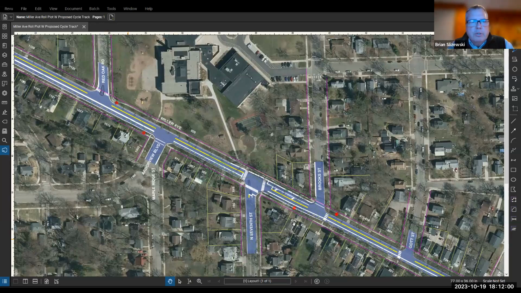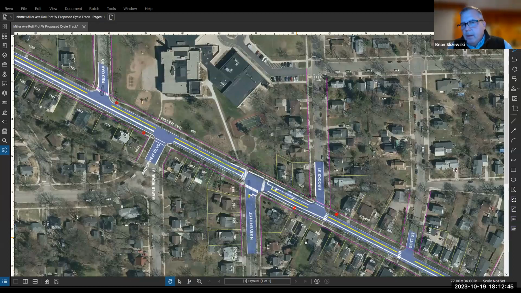Now, right now, users of the corridor know that if you're traveling westbound through there in a motor vehicle, you have a through lane. You also have a dedicated left turn lane. And then obviously the third lane is the inbound eastbound lane there. There are currently 3 traffic lanes. What happens that the bicycle community is aware of is that the bike lanes disappear in that block from Brooks to 7th. So we've sacrificed having dedicated bicycle lanes in order to have the 3 traffic lanes.